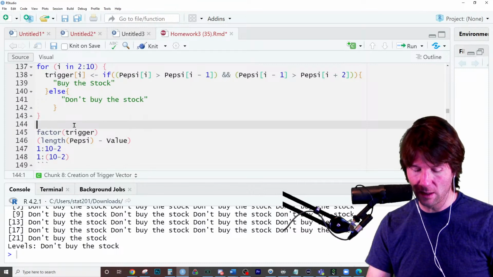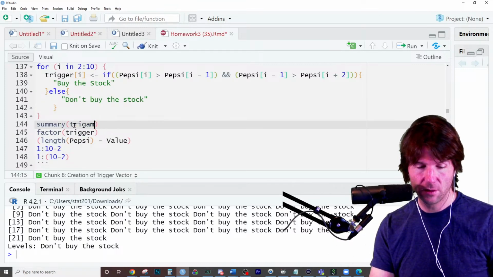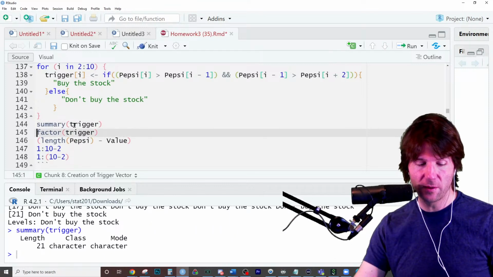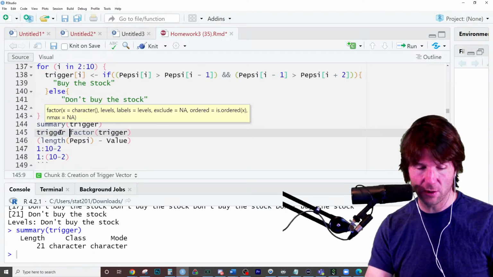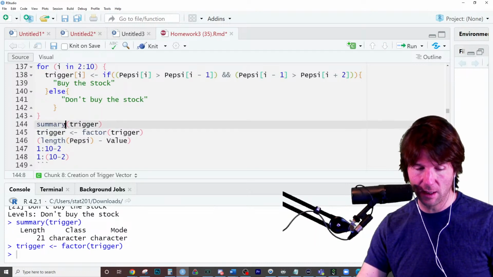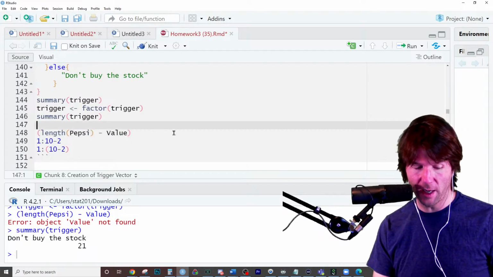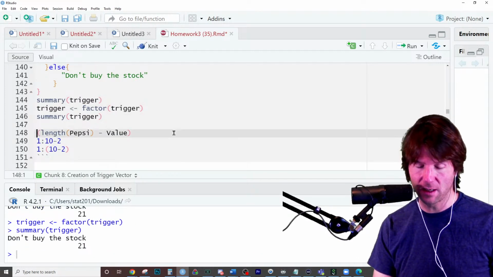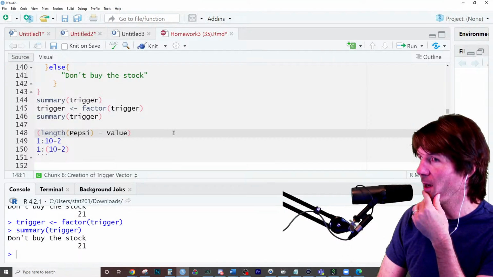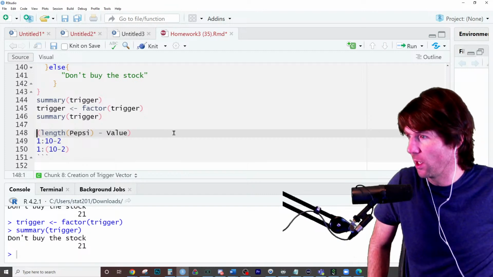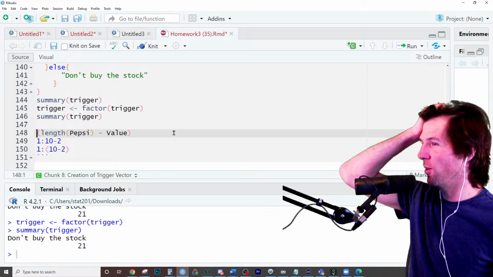And the difference between these is if you do a summary of a string, what is that? If you do a summary of a string, you get the characters, but if we go here and convert this into a factor, which we can overwrite it and now do the summary afterwards, it'll give us, we just buy the, we never buy the stock, it looks like. So awesome, Katie's got it right there. Does that make sense, Kyle, right there? So converting to a factor right there will convert the variable class. Got rid of the error, nice job.